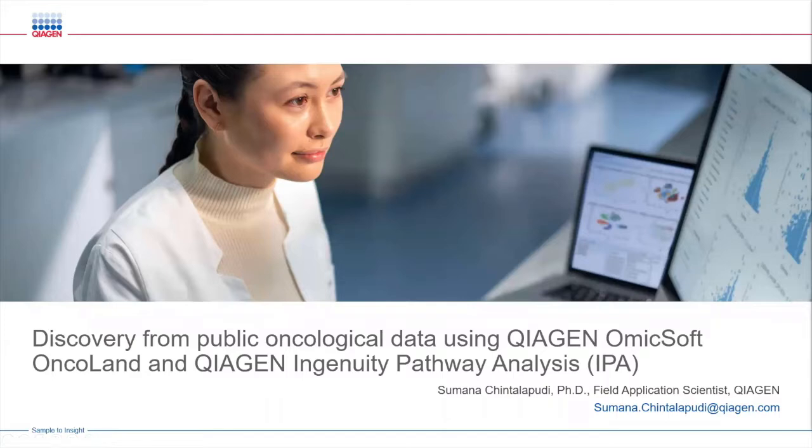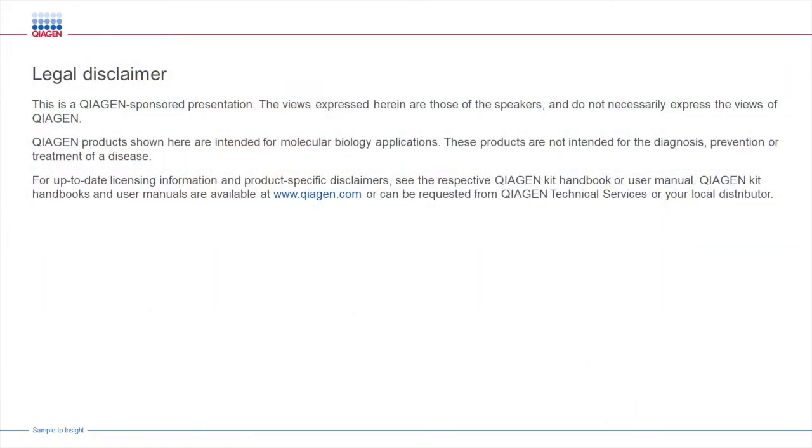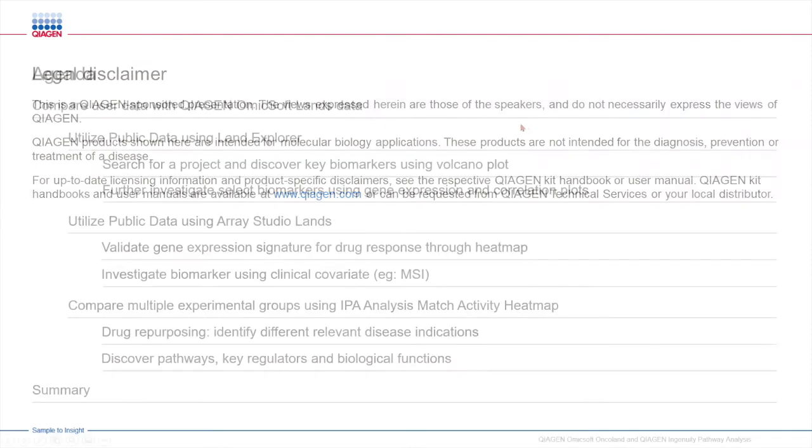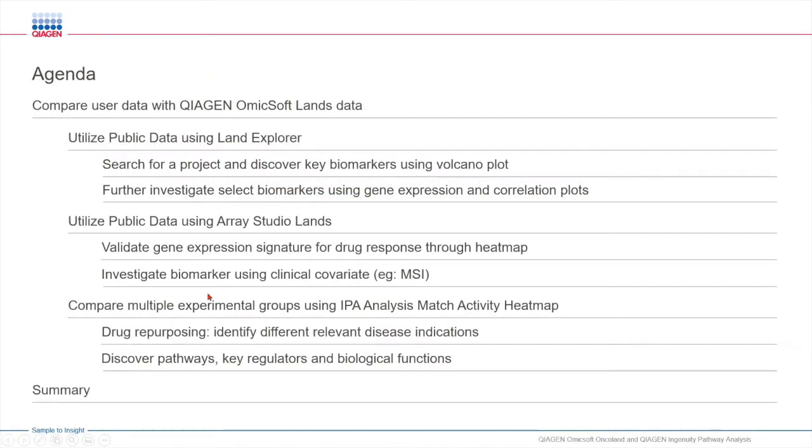Today we will learn how to perform biomarker discovery and validation from oncological public data using Omics of Oncoland and Ingenuity Pathway Analysis. Let's briefly review today's agenda. So today we will use a case study to leverage how to perform biomarker discovery and validation using public